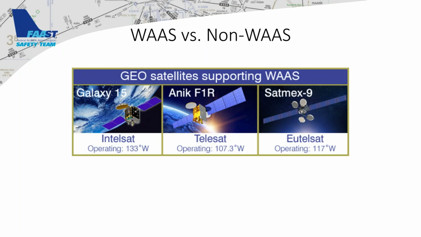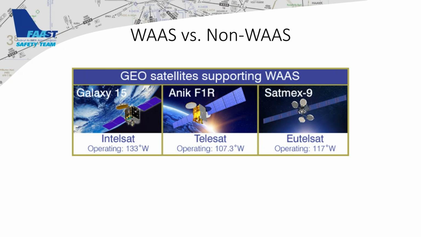These are our 3 WAAS satellites. It's the Wide Area Augmentation System. It's a satellite-based augmentation system. WAAS is kind of the American term for that, so it's, you know, the Kleenex of tissue paper. WAAS is kind of a proprietary name, versus satellite-based augmentation system, which is what the international community refers to it as. So if you go to Europe, you're not going to be dealing with WAAS, but another satellite-based augmentation system.